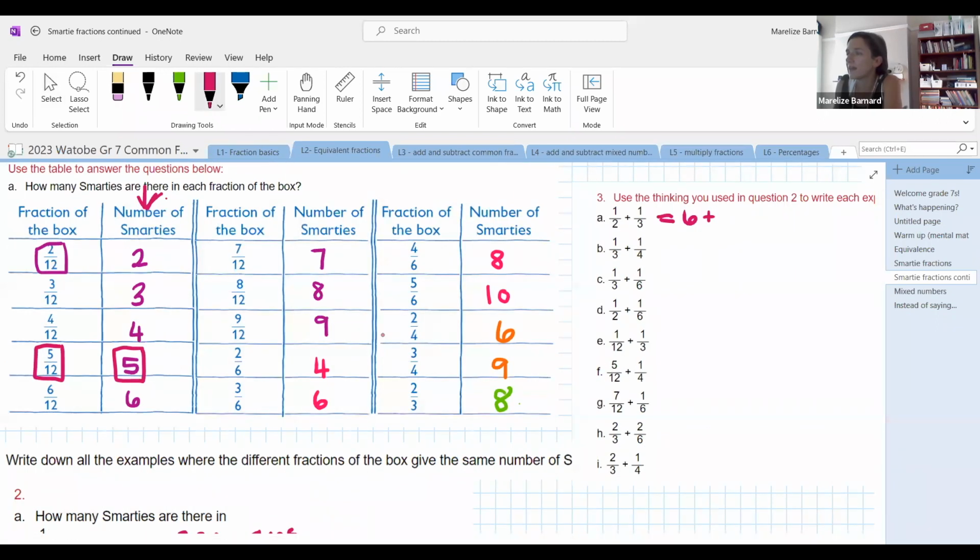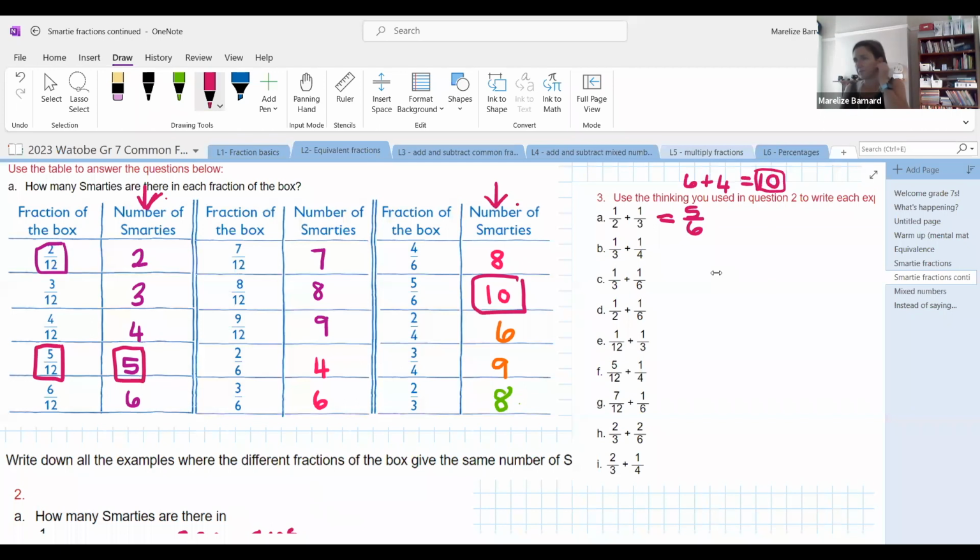So altogether, let me just write this a little bit differently. It's 6 Smarties plus 4 Smarties. So altogether for this first one, I get 10 Smarties. And what fraction of the box is that? So you look for number of Smarties, 10, and that is 5/6